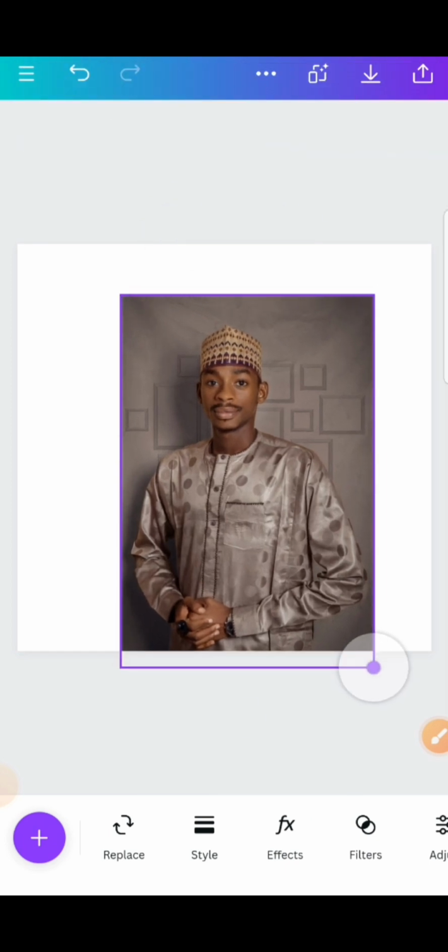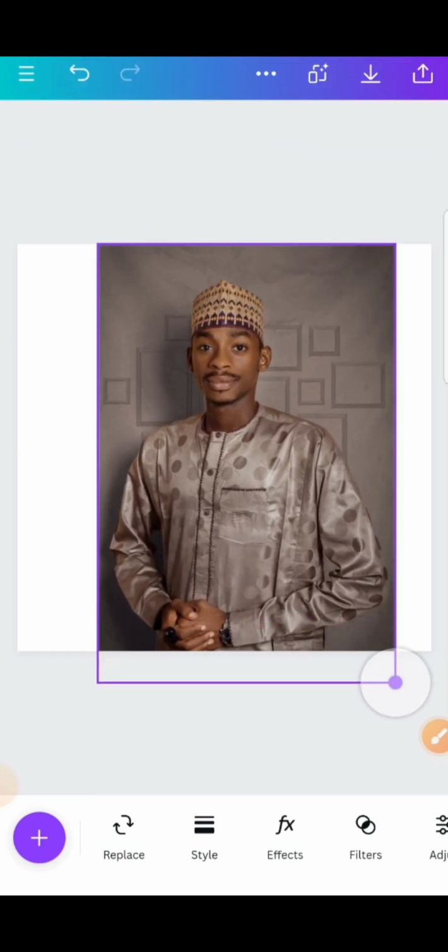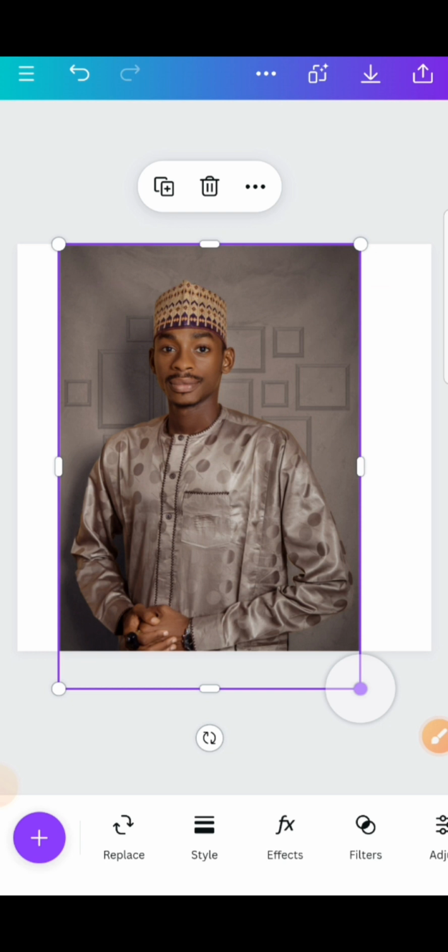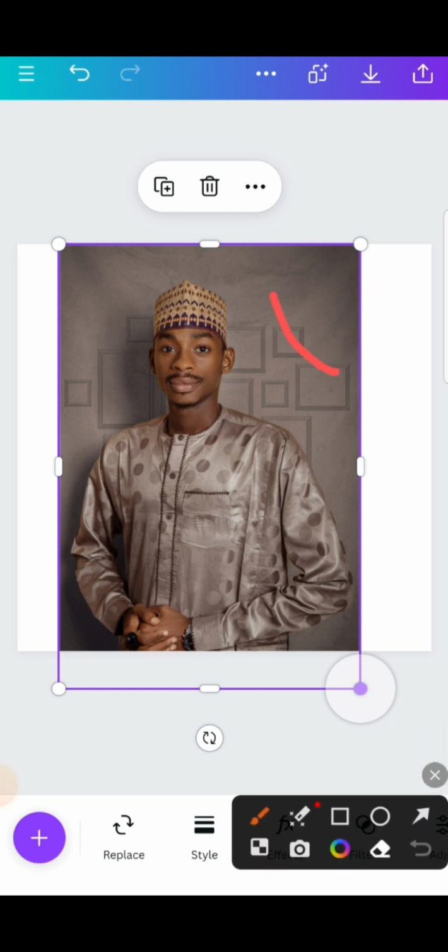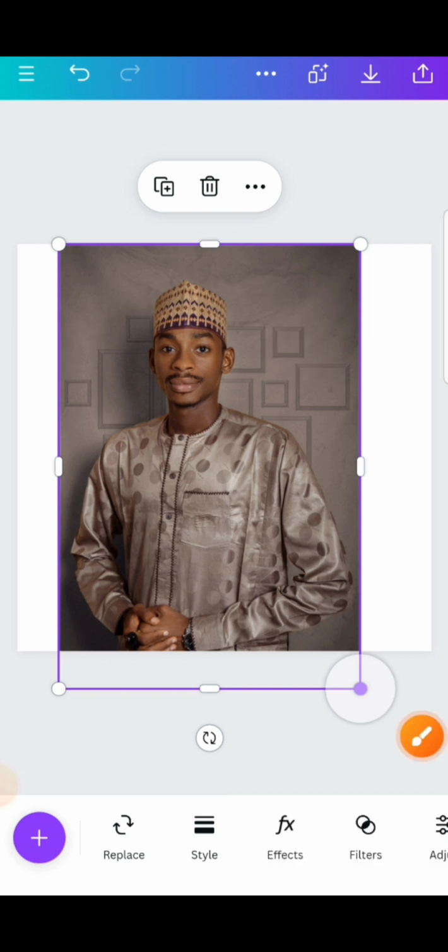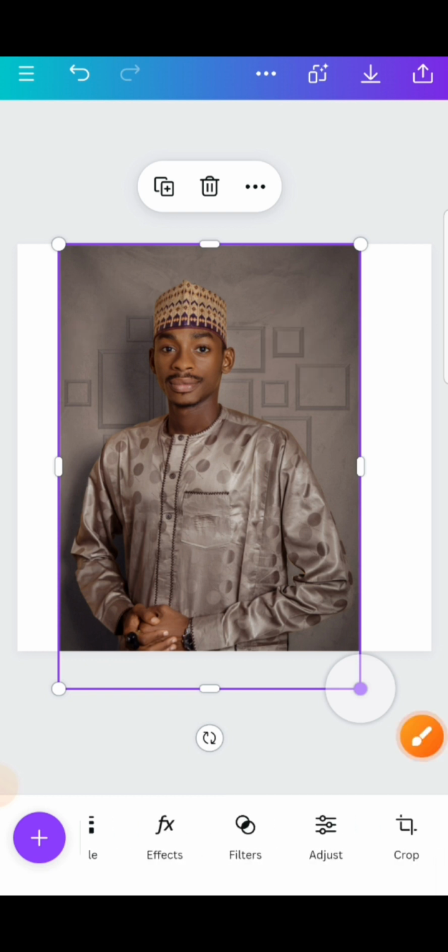Can you see it here? As you can see, there is kind of background with the image. This is the background. Can you see it? And I don't want it because I just want to use the picture alone. So what I am going to do is come here to effect,